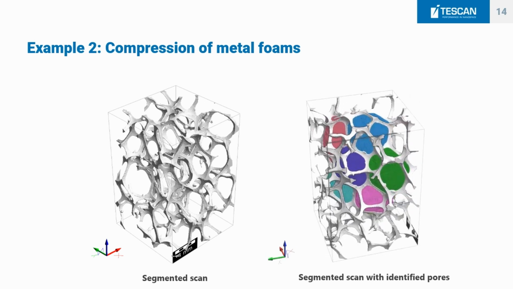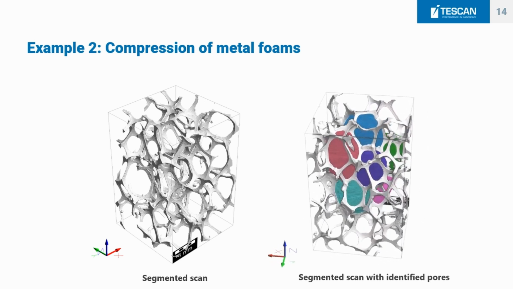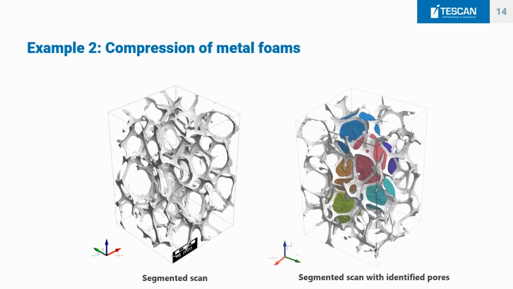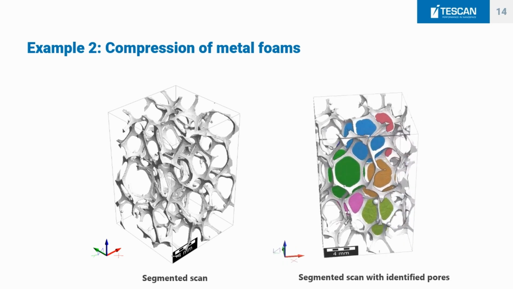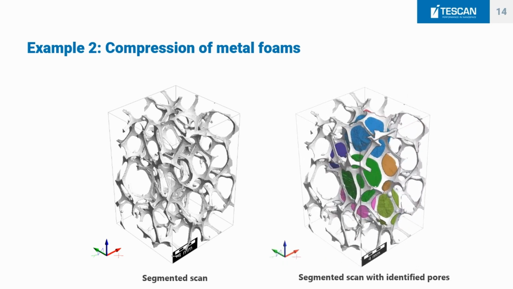So what you can see here on the left side is a segmented CT scan of the animation that was in the previous slide. In order to do the modeling, we did have to crop the data a little bit, so we don't work on the full data, but we have a cuboid sample of about 8 millimeters wide and 12 millimeters high. On the right side, you can see that in GeoDict, it is possible to segment the cells, the pores inside the foam, and by labeling them, we could actually look at the complete cells, the complete pores individually.